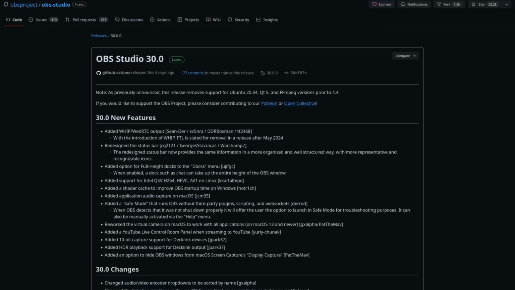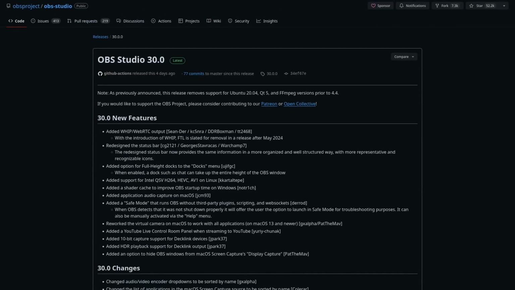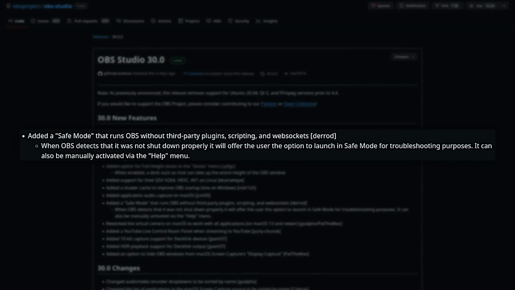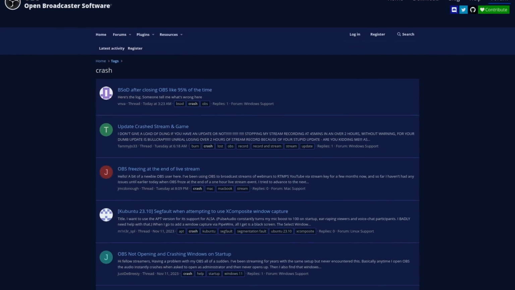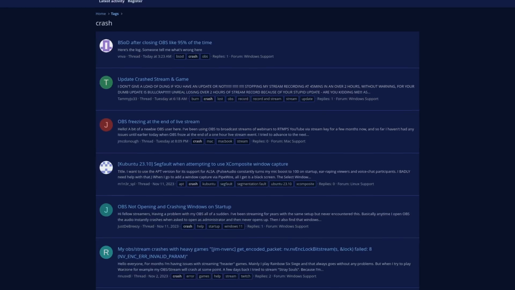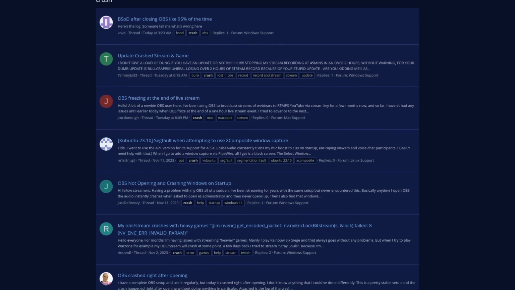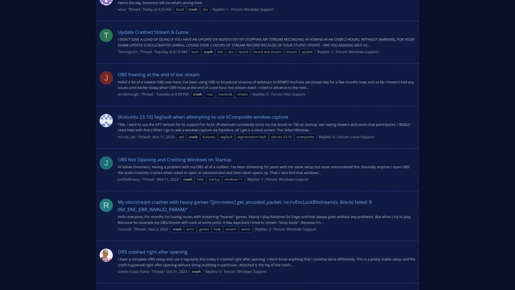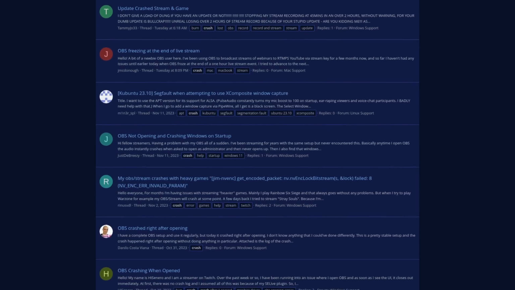Now, this is not a huge update. It is a pretty big update in some cases, but it's not a huge update. It's more of a quality of life improvements update, which is always nice as well. But there is a big new feature in this latest version, that is safe mode. Now, this is awesome because if OBS crashes from a plugin or some kind of script that you're running or WebSockets, this could be a really annoying thing previously because if it did happen, every time you open OBS, it would just crash again and you don't know which one is doing it.